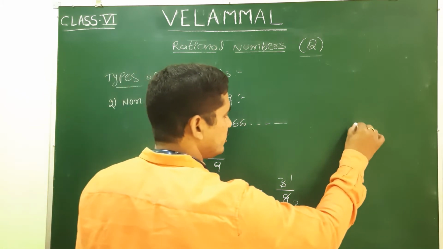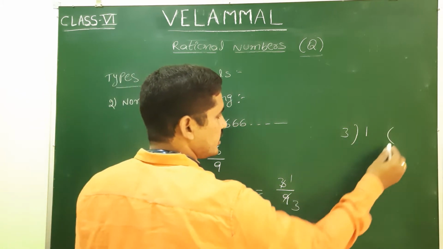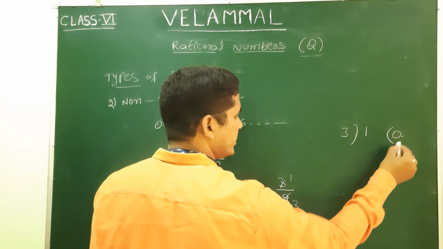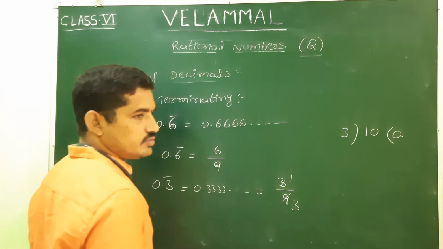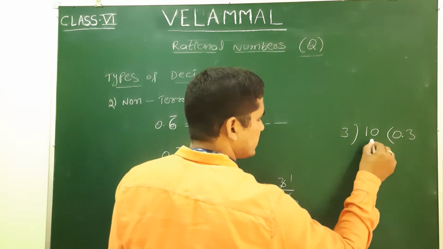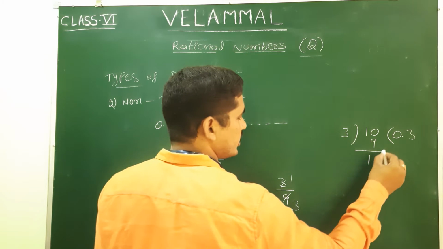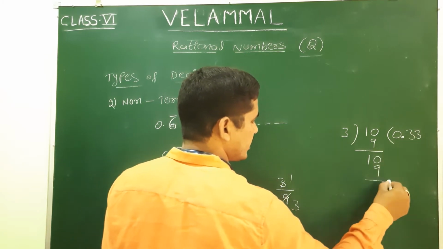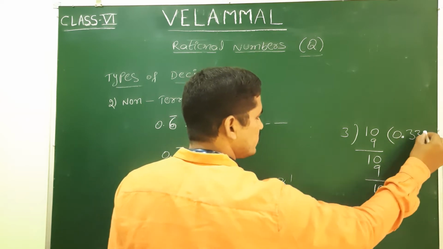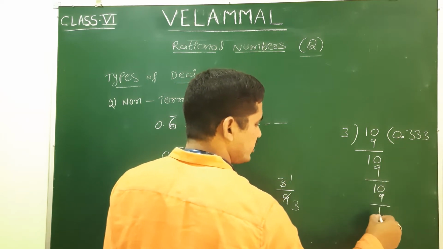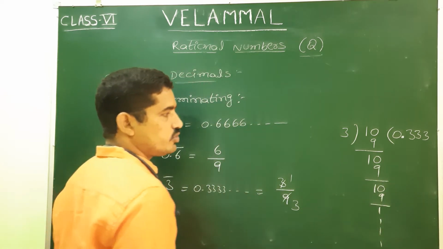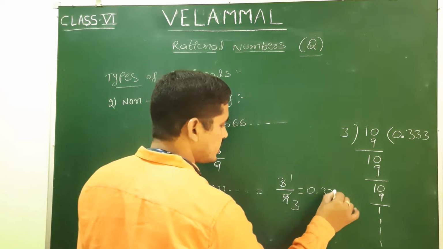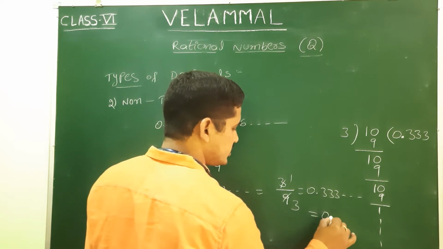Now divide 1 by 3. 1 is not possible to divide by 3, so taking 0 point. So here we can take 0. 3 3s are 9, 1 is the remainder. Again, the point is already taken, so 0. Again 3 3s are 9, again 1, 0. 3 3s are 9, again 1 and so on. The procedure keeps on continuing. So we can write 1 by 3 is equal to 0.333 and so on. It is nothing but 0.3 bar.